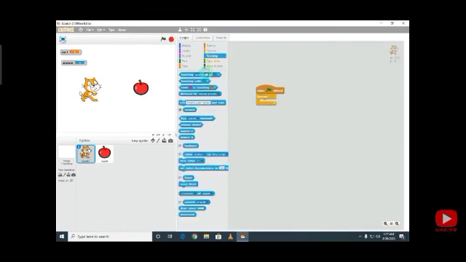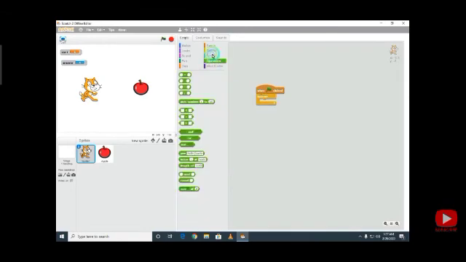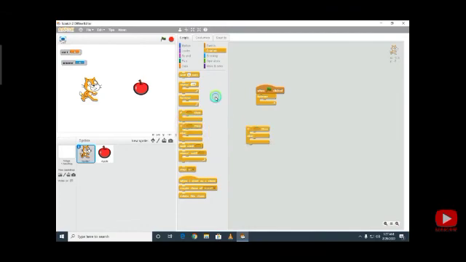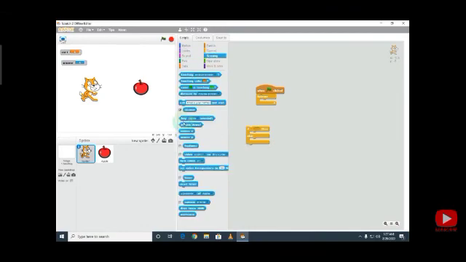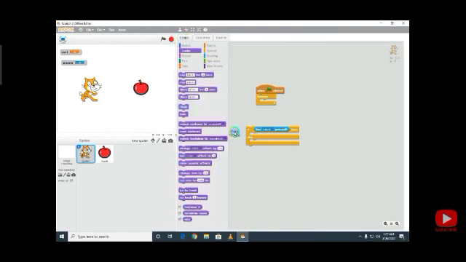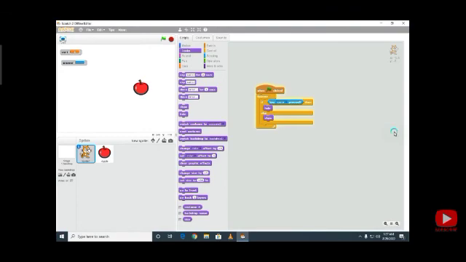I am using forever here. What I am saying, if space is pressed, I can hide the sprite from the screen, otherwise it will show my sprite. Now what will happen if I press spacebar key? It will hide my sprite, and if I leave spacebar key, it will show my sprite.